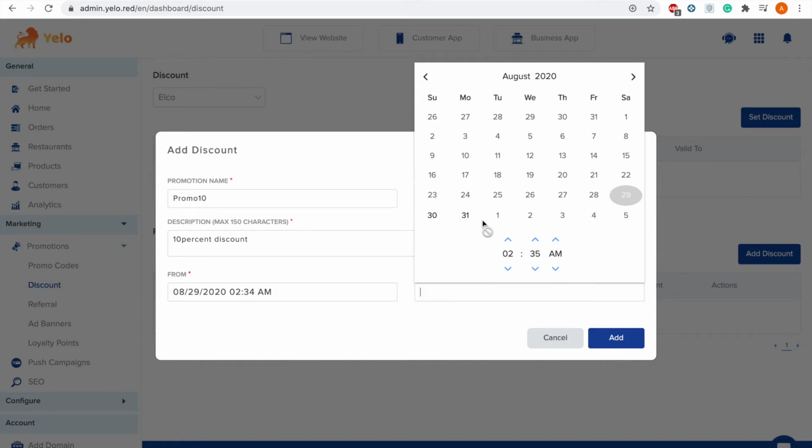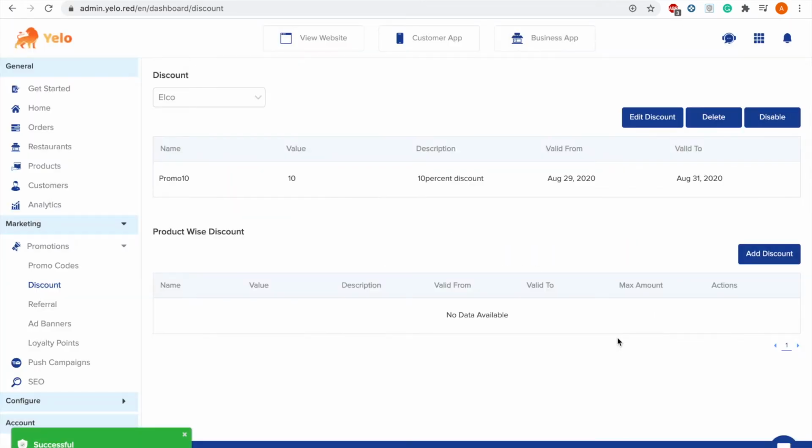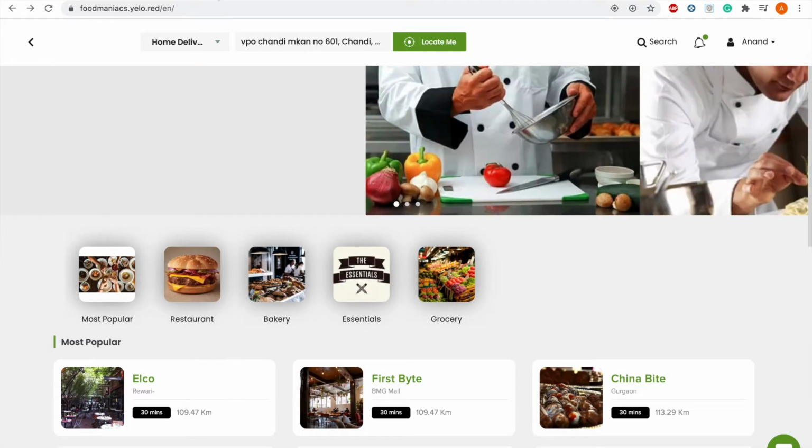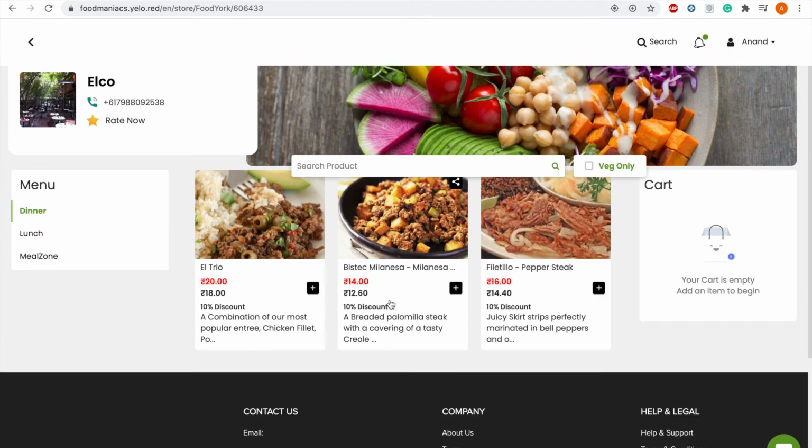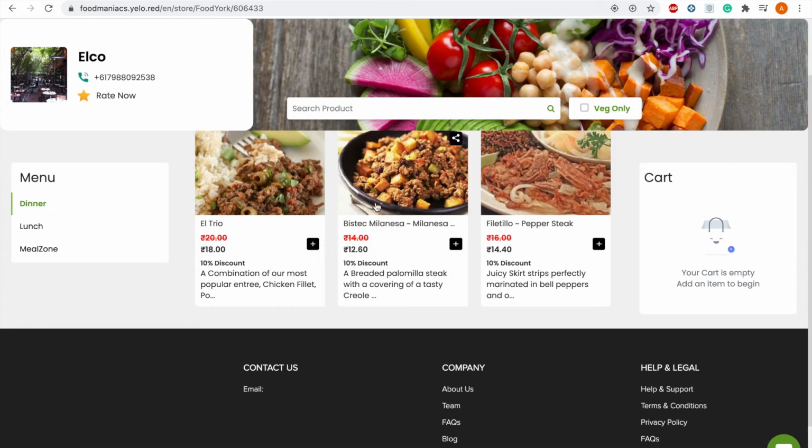Set the validity for it, click on add. Now go to this merchant. Here you can see that 10% discount has been applied on that.